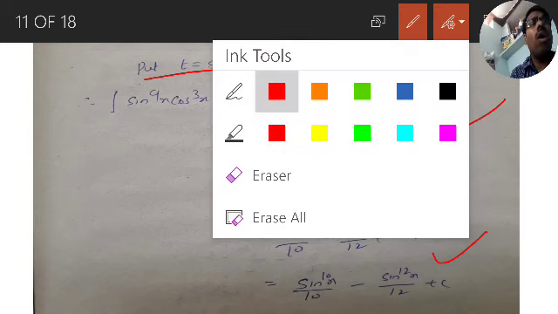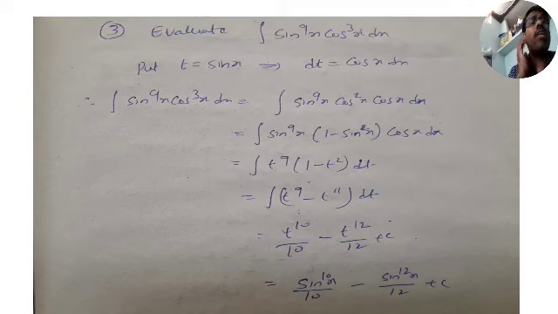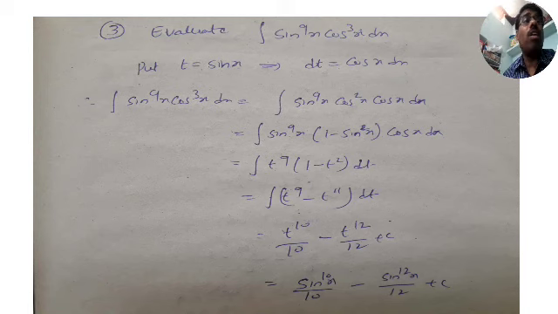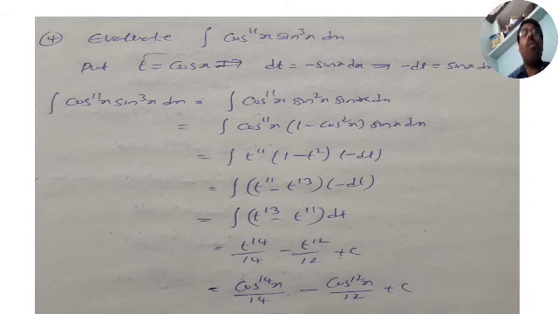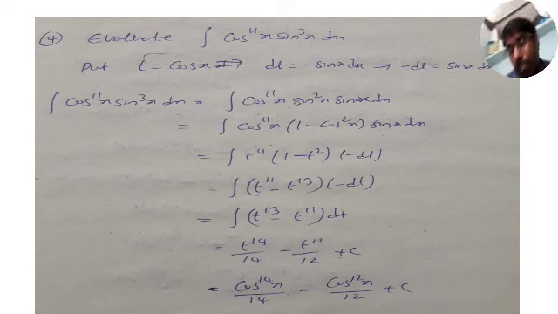And all these are previous questions and they are of 5 marks. So what is the first one? Sin power is odd, and in the second problem cos power is odd. In the third one both are odd but sin power is more than cos. Now the fourth problem.